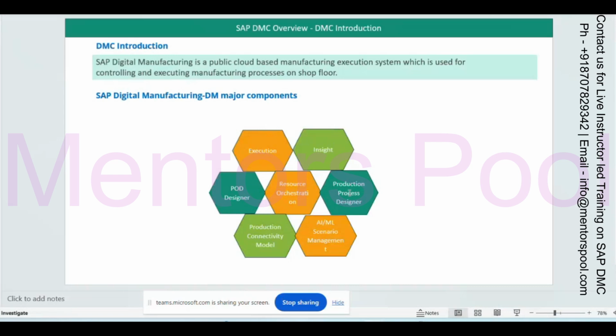My focus is on SAP plant maintenance in a different way. This part of MII or DMC, the design of the flow, the production flow, the flow of data from the sensor, is very interesting for me.